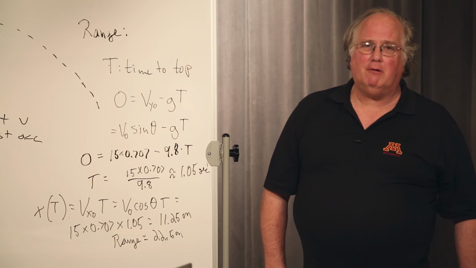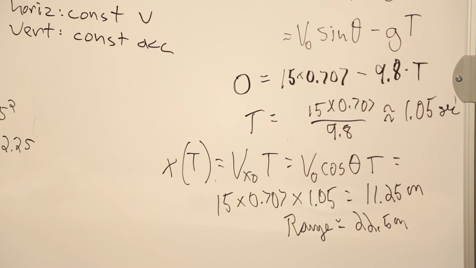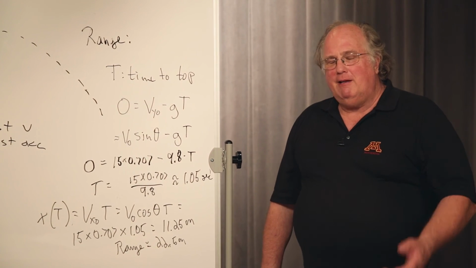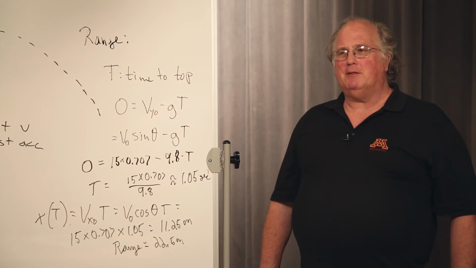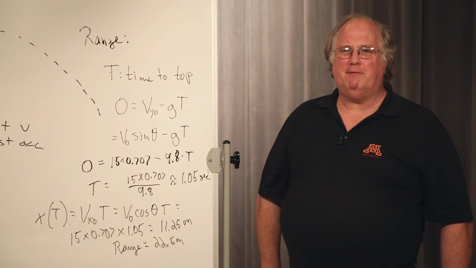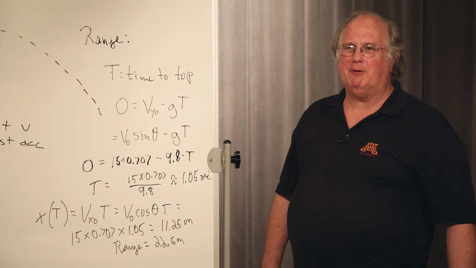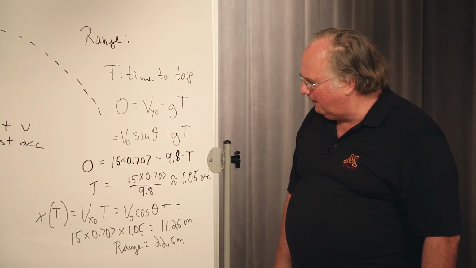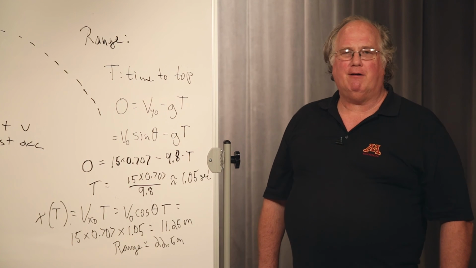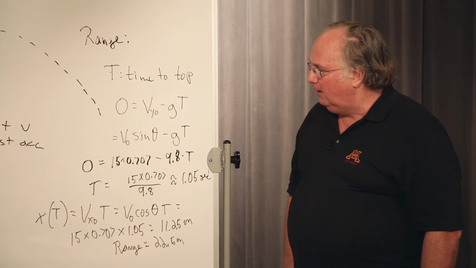Friction plays total havoc with Nerf guns, so you should think of these numbers as kind of upper limits. How to do this experiment, I really leave up to you. How do you measure the height? Well, it's easy if you shoot it off next to a building and count stories. That's the best way to do that. The range, you just need a big parking lot to fire it off and see how far it went.